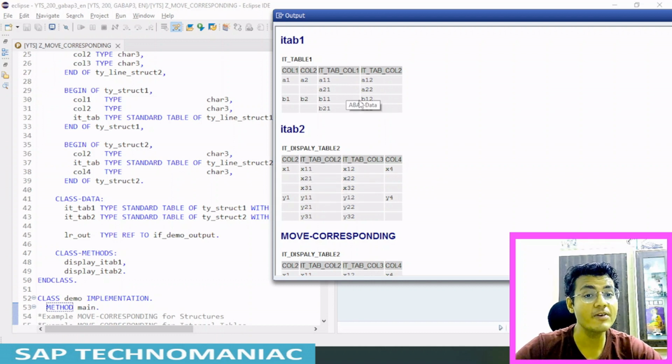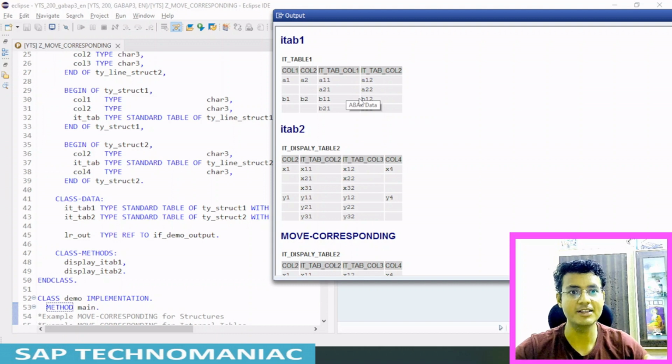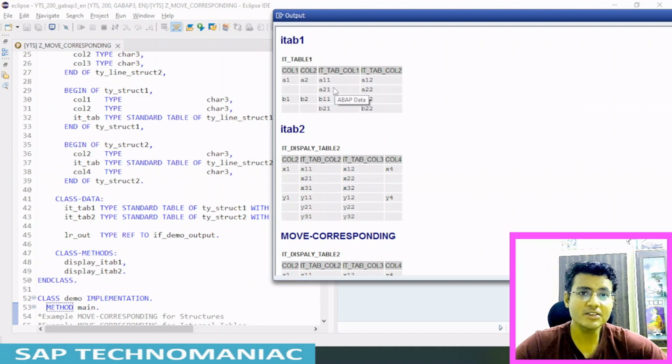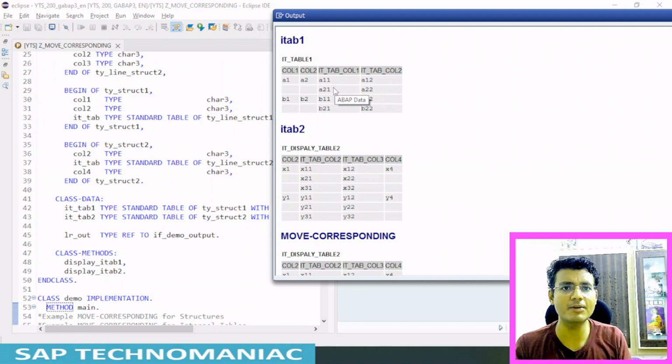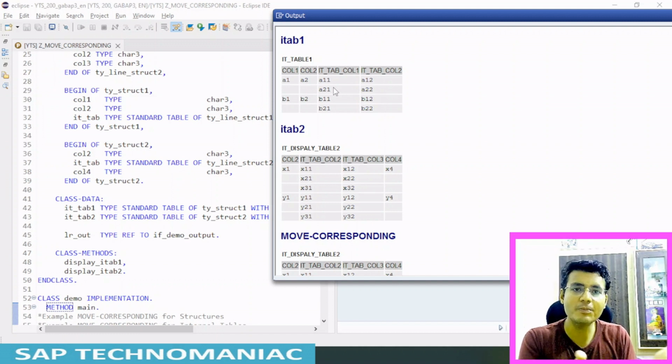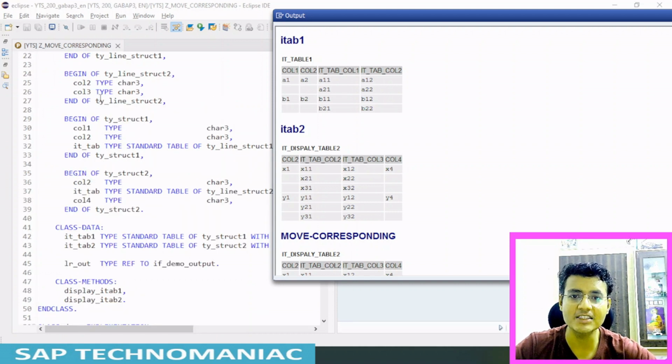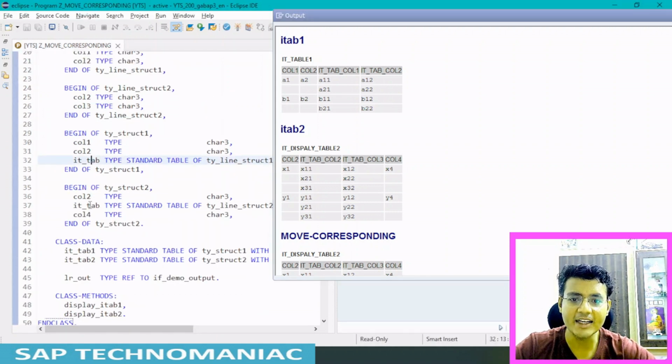But when we are moving the internal table, doing the structure movement, one line will be moved at a time. That means one structure, one work area will be moved at a time. Whenever we are moving the work area, it just compares the names of the fields. If the name is identical, it just moves. So iTab 1 and iTab 2, the iTab name is common, it just moves this line to this line.